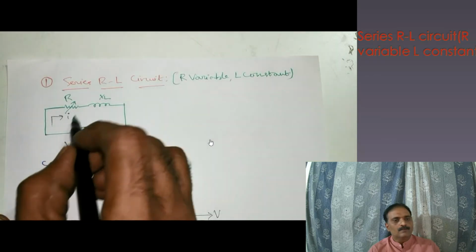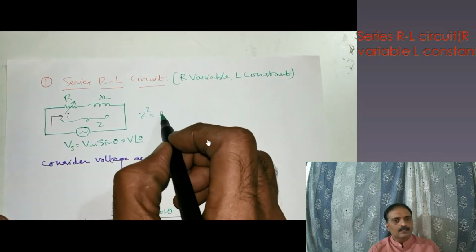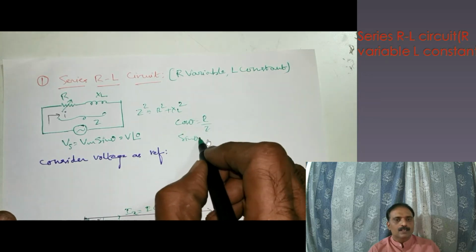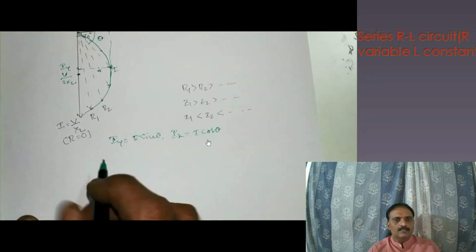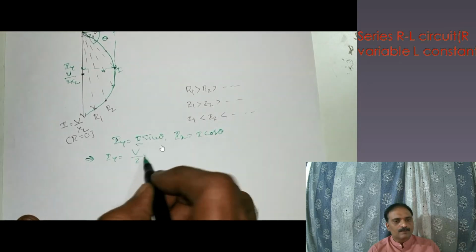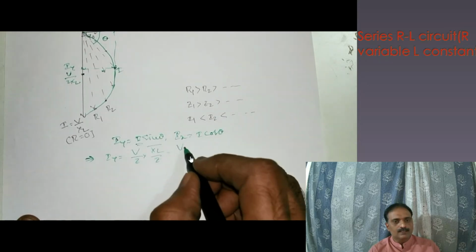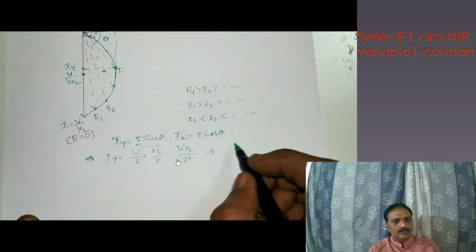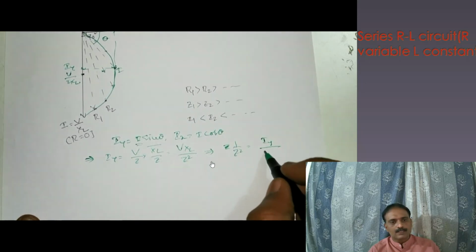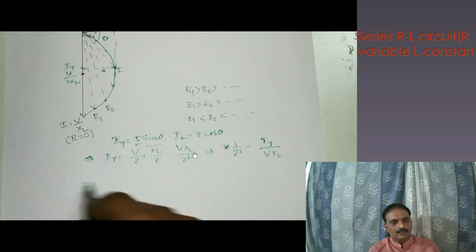And we know that this is the impedance. The impedance is given as Z square is equal to R square plus XL square, and the power factor cos theta is given as R by Z and sin theta is equal to XL by Z. And if we substitute here, I is V by Z and sin theta is XL by Z, so this gives rise to V into XL by Z square, and from this we get 1 by Z square is equal to Iy by V XL. So 1 by Z square is equal to Iy, that is the y component, divided by V into XL. So this thing we are going to substitute later on,